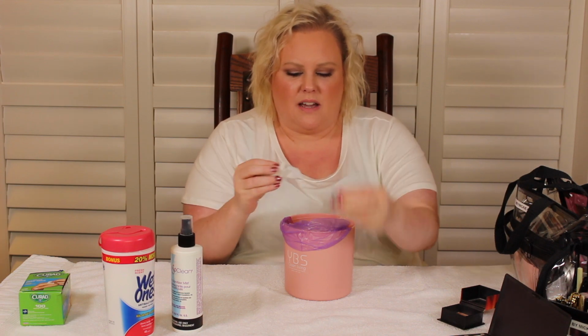And yeah. Now, how do you clean your powders, right? How do you clean your eyeshadow palettes? All your powders. This is what I like to use. Beauty So Clean. Some people just take regular 70% alcohol. You don't want to use 90% alcohol or anything above 70 really, because the alcohol, when you mist it like